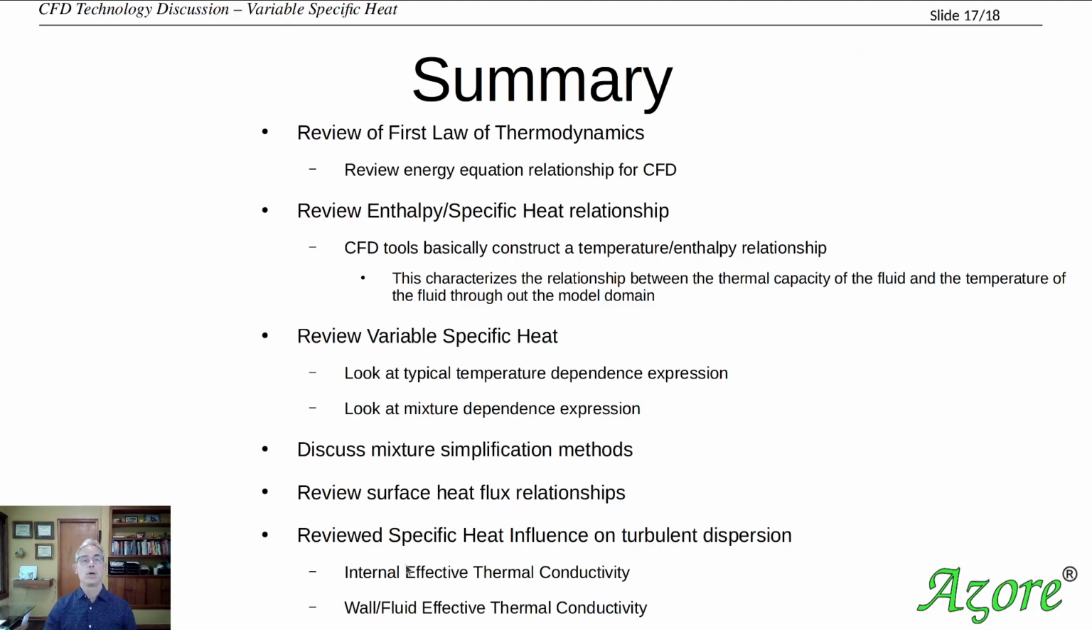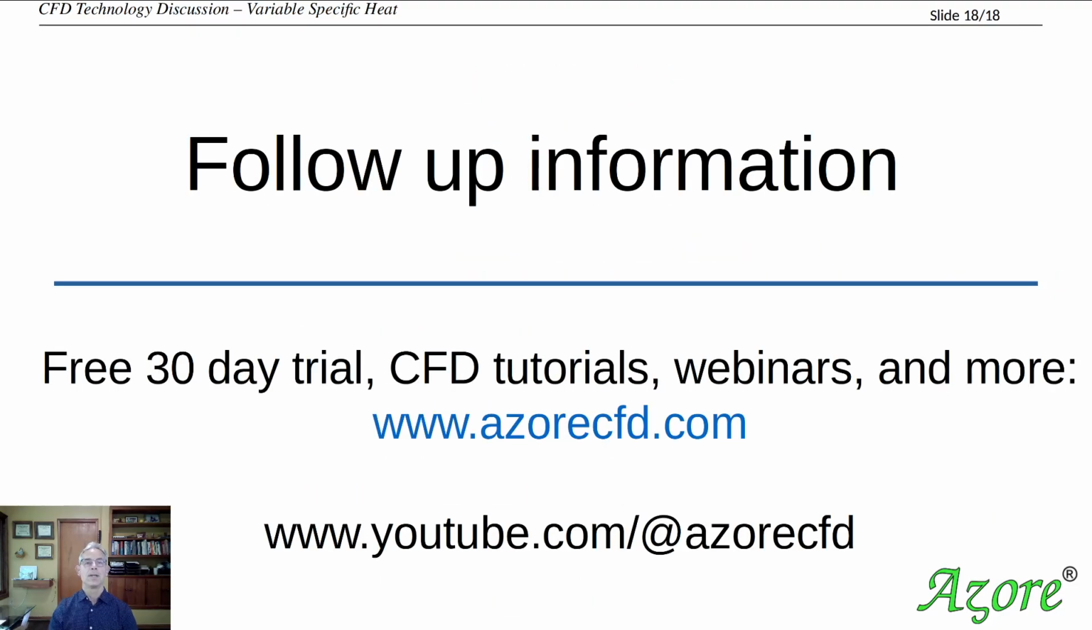So in summary, we've looked at a lot of different things. First, we looked at the first law of thermodynamics. How is the energy equation relationship connected to the CFD tool? We've reviewed the enthalpy and specific heat relationships and how they characterize and use temperature to enforce energy balance. We've reviewed variable specific heat. We've looked at typical temperature dependence expressions. We've looked at mass fraction dependence expressions. We've discussed a simple mixture of air and water. We've reviewed surface heat fluxes and how the temperature is connected to the enthalpy and used to solve our energy equation. And then we've reviewed some turbulence impacts of how the specific heat also influences our turbulence predictions. So that concludes this